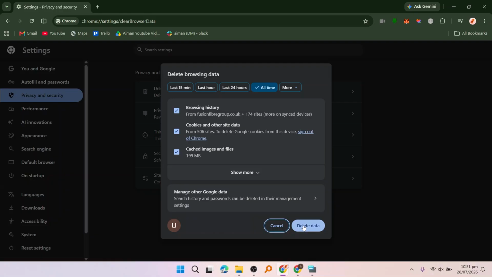Then launch Roblox again. If only one game loads slowly, the issue may be with that game's server or assets